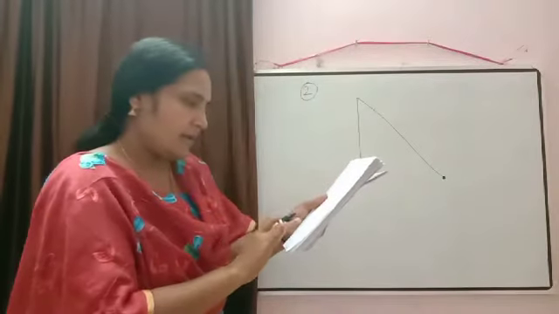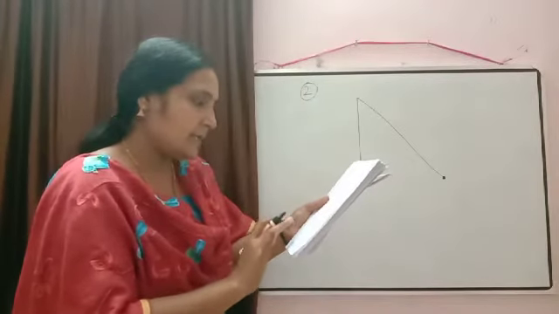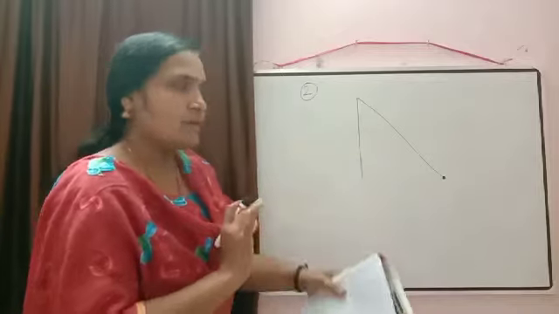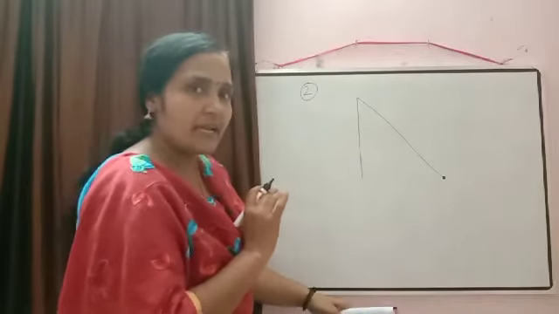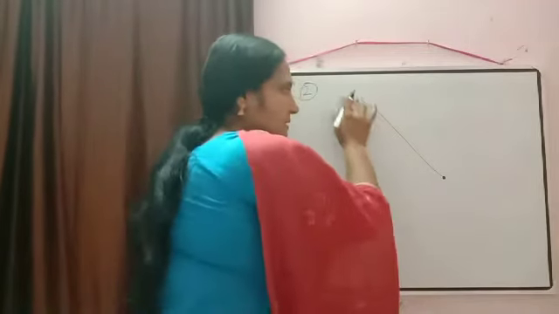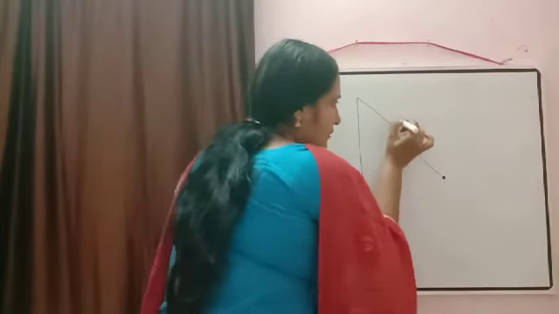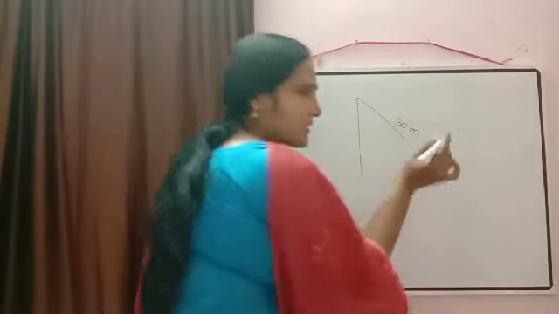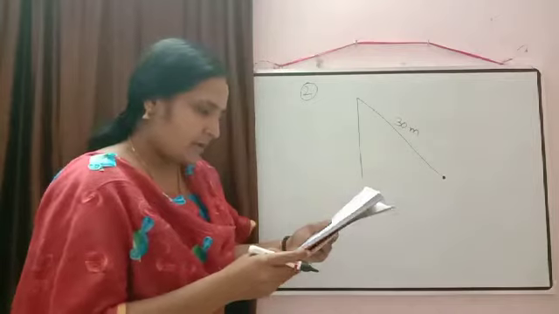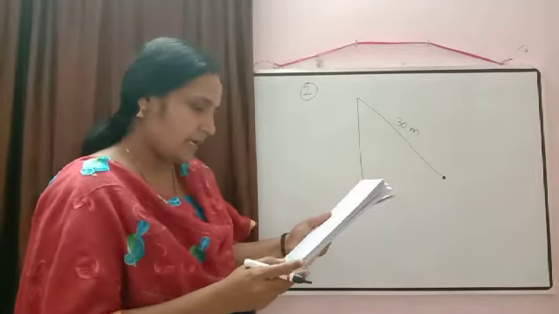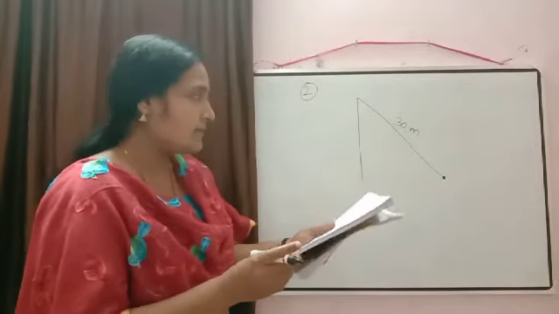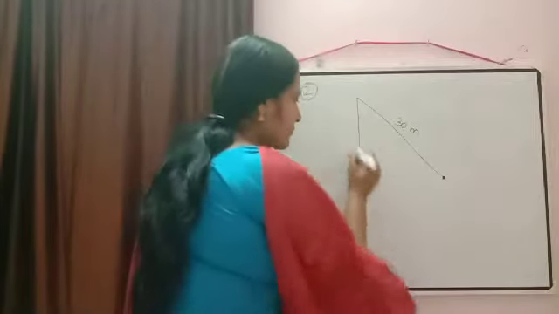And a circus artist is climbing a 30-meter long rope. So the length of the rope, which one have we taken as the rope? This one. This is the rope there. The length of this rope is given as 30 meter, from a vertical pole to the ground. Find the height of the pole. This height we have to calculate there.